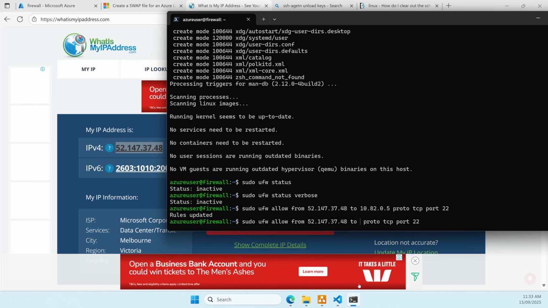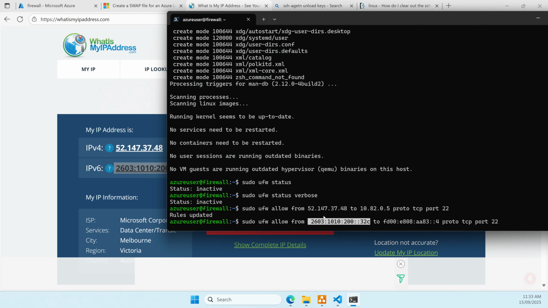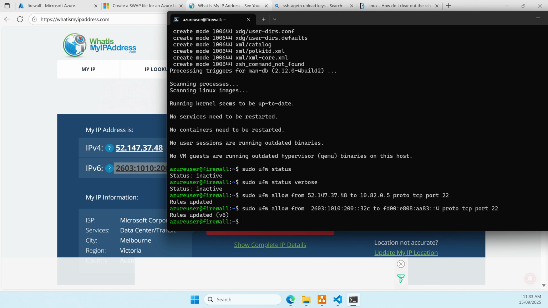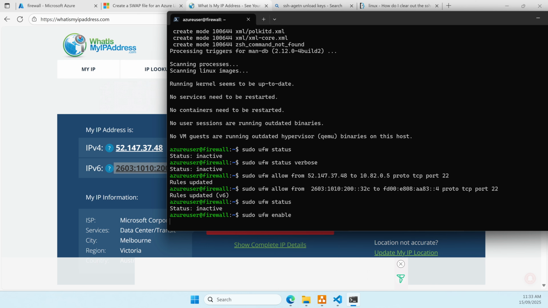We go back to here, and that's the private IP address of the WAN interface. And now we want to put in the IP address of our computer here as well. If we now go status, we won't see anything, but we're reasonably confident that if we now enable our firewall,